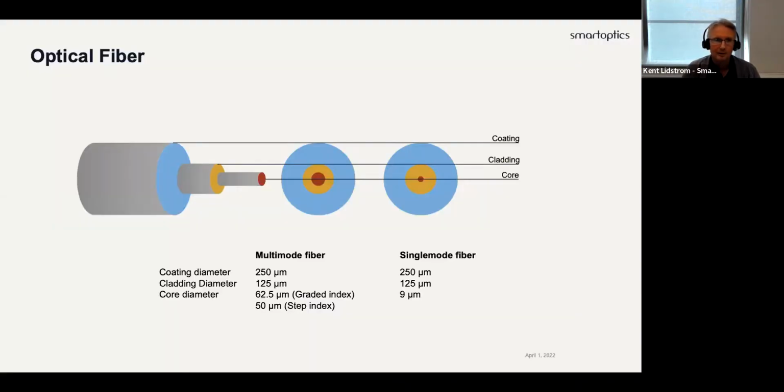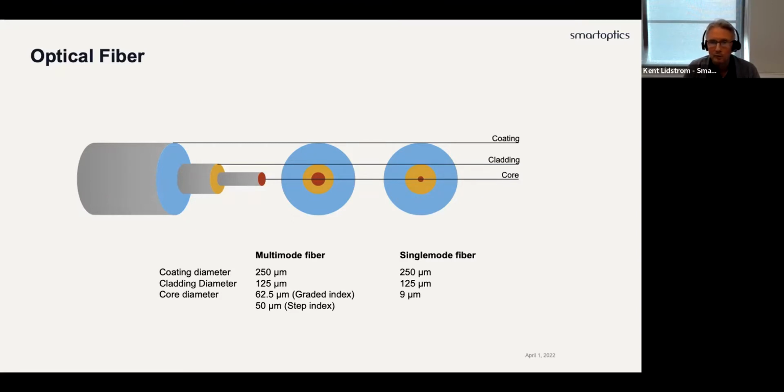One of the fundamental things, if we're going to talk about a fiber optical transmission system, is that you need a fiber. So what is a fiber? Well, a fiber consists of 3 different parts. If we start from the middle, we have a core. It's basically a piece of glass. The diameter of the core varies depending on what fiber type it is. You have 2 types, multimode and single mode. Single mode is what I'm going to focus on primarily here. Then you have a diameter of 9 micrometer, which is pretty much the same size as a hair strand. So it's a very small medium that you shoot a lot of data into.